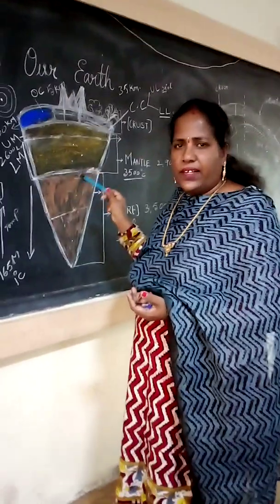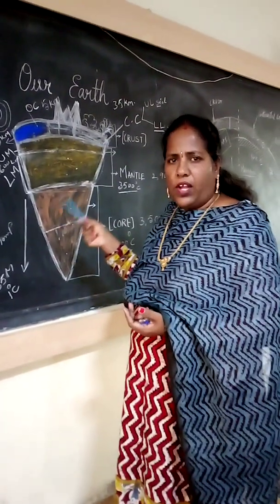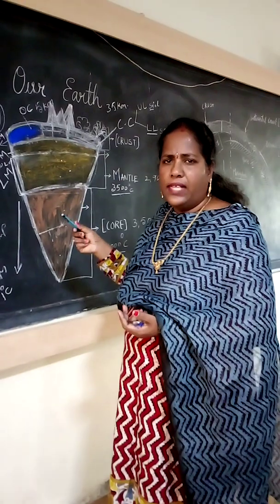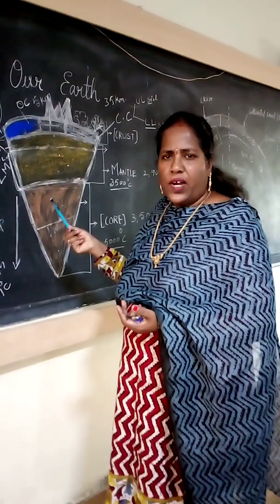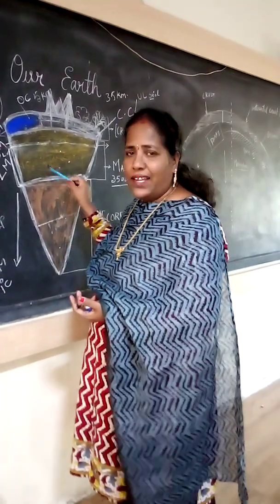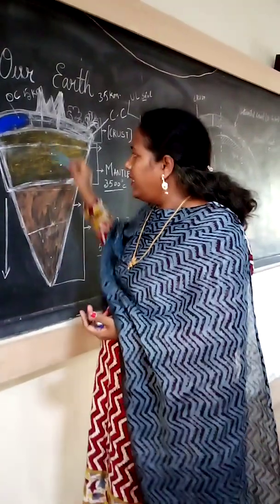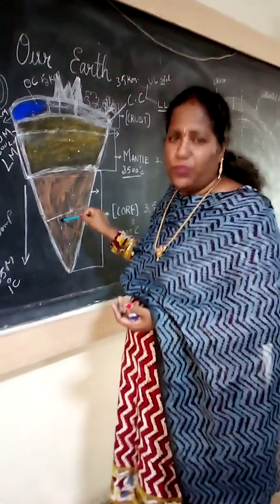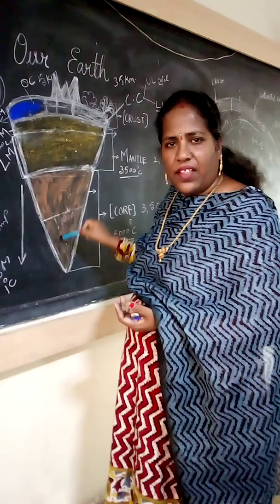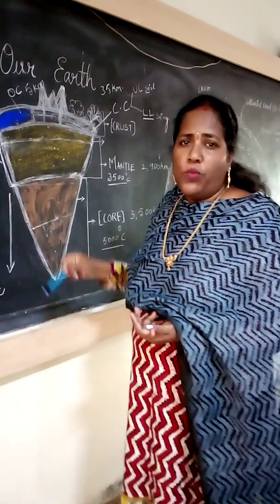So here we are getting the minerals. It may be in the solid form like iron, copper, or liquid form like petroleum, water. These all are there in the layers of the earth. So these layers are based on the minerals. These 3 layers are based on the minerals. One more thing is there.